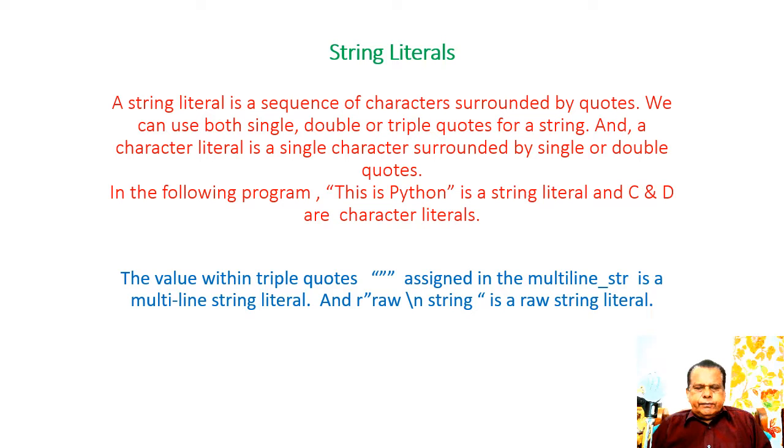String literals. A string literal is a sequence of characters surrounded by quotes. We can use single, double or triple quotes for a string. And a character literal is a single character surrounded by single or double quotes. In the following program, "This is Python" within double quotes is a string literal, and C and D are character literals. The value within the triple quotes shown here